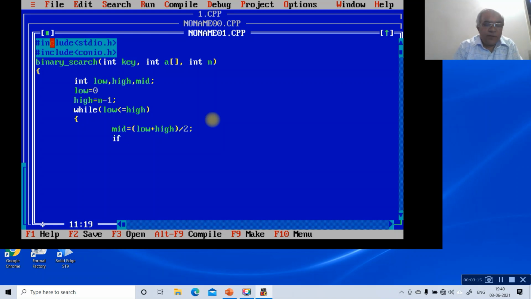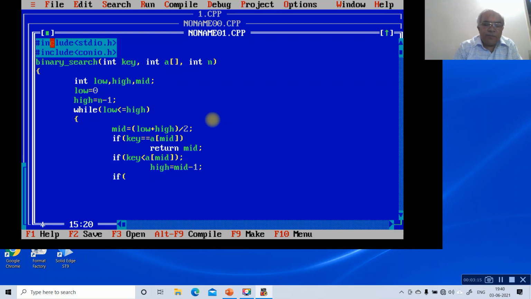Then if key equals a[mid], then return mid. Again if key is less than a[mid], then high will be equal to, because the high value is going to change here, mid minus 1.